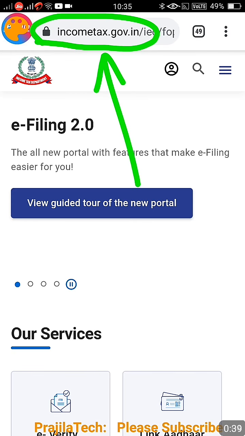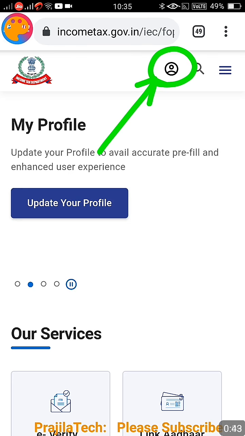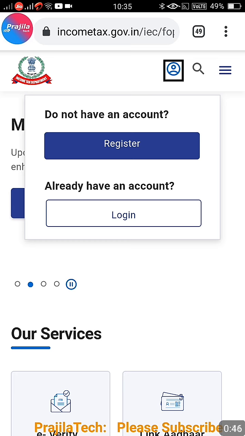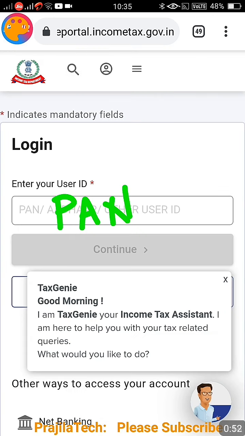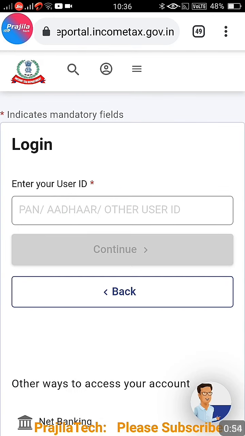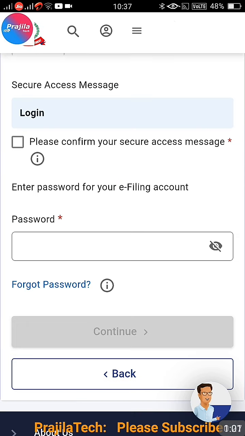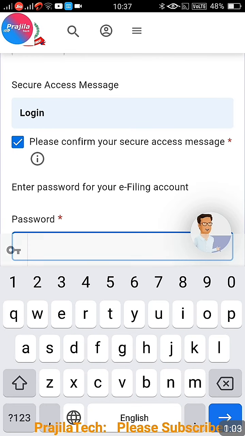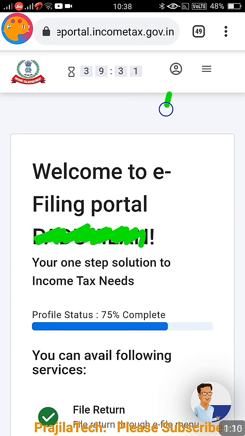So this is the website incometax.gov.in, the latest one, just launched 2-3 days back. Once you are in this portal, you have to click on the icon above. I will give this link in my video description. You can copy paste, and after that you are going to click on the login button. If you are not registered, watch our previous videos to register. The username usually will be your PAN number. Enter your PAN number or Aadhaar card, both will work. After that, click on the continue button. Enable this please confirm message. After that, type in your password, continue. You are done. So you are logged in if things are successful.